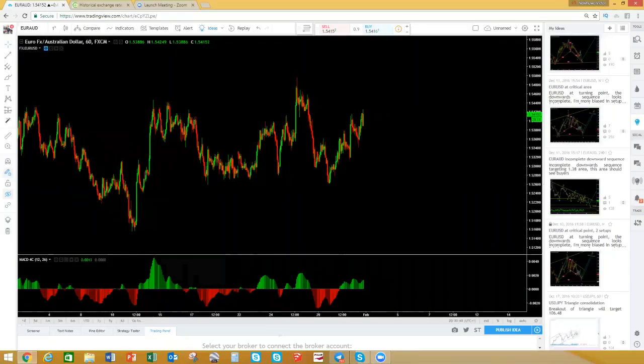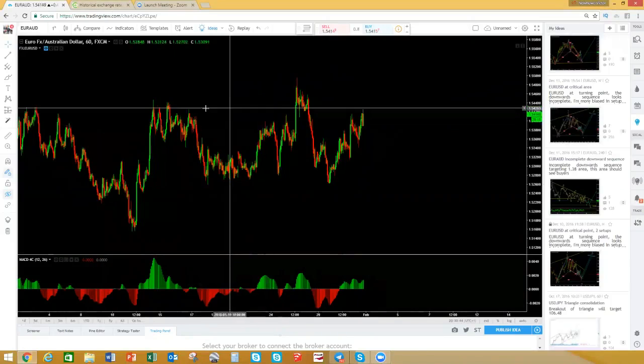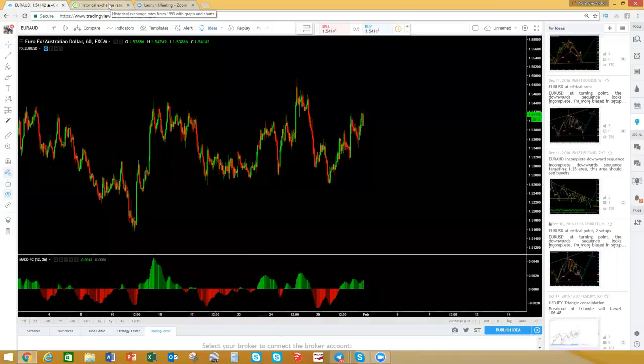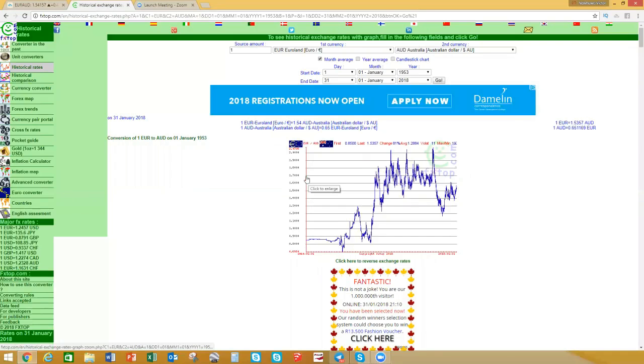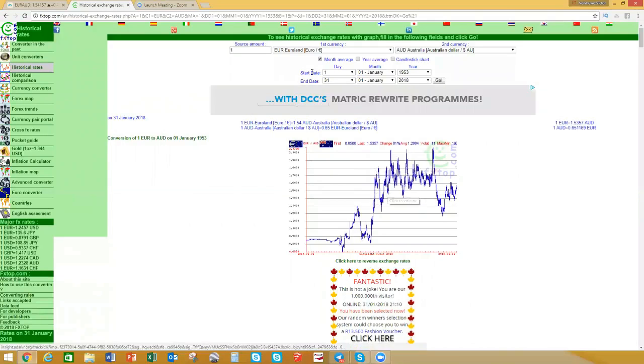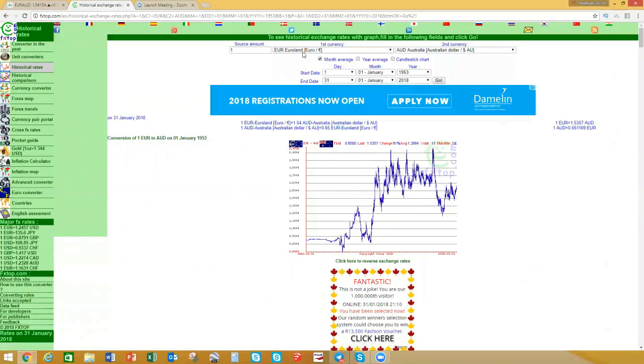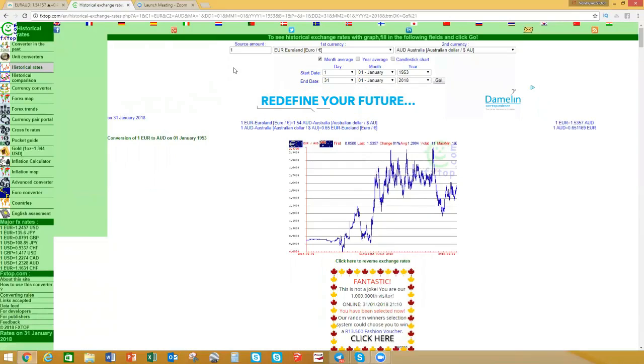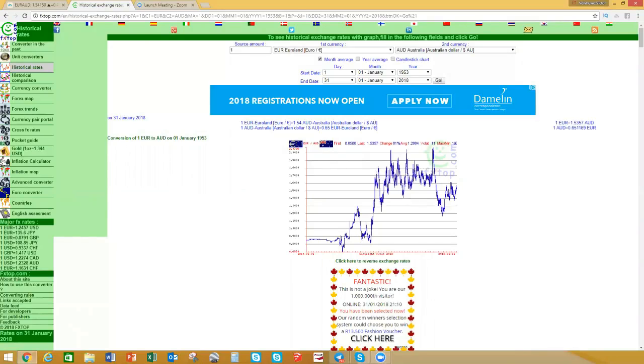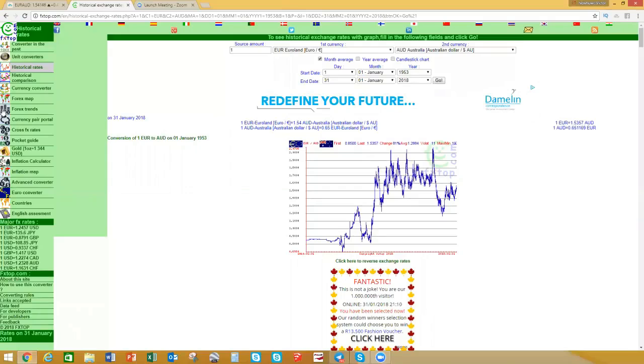The chart of the week is EURAUD that we'll be looking at tonight. All right, so as usual, we'll go to the historical exchange rates. I've already selected euro here. That's euro versus the AUD. If we just show that with a blue color, you can see this is FX top, the historical data